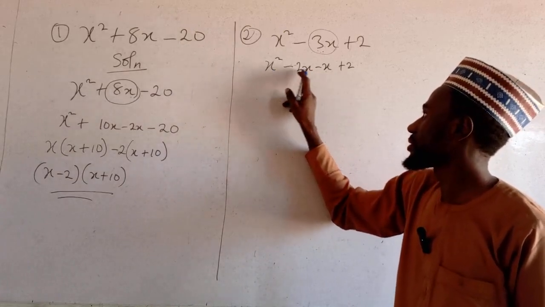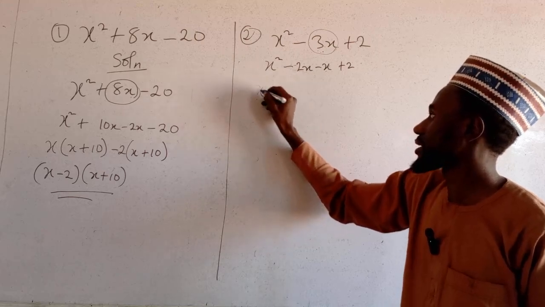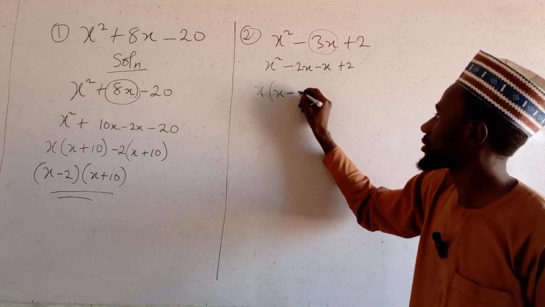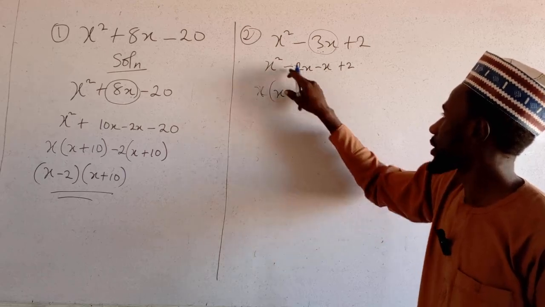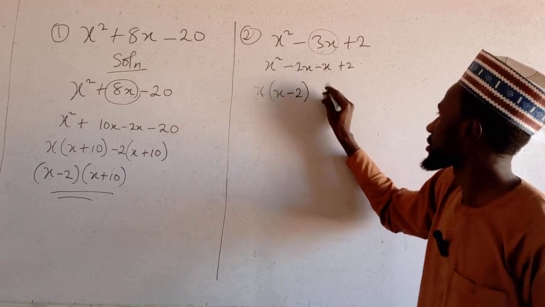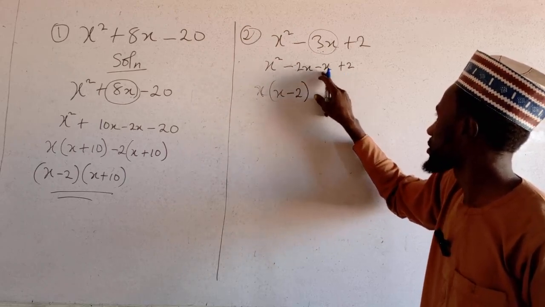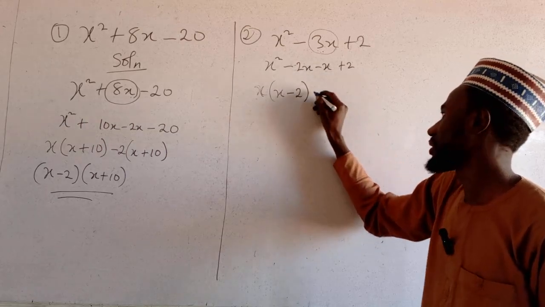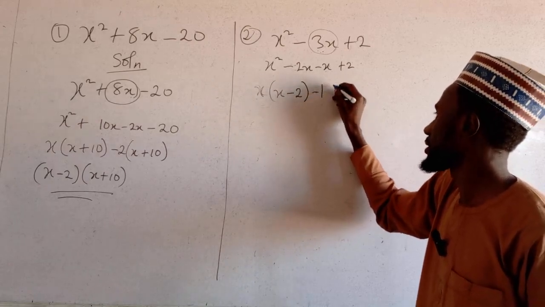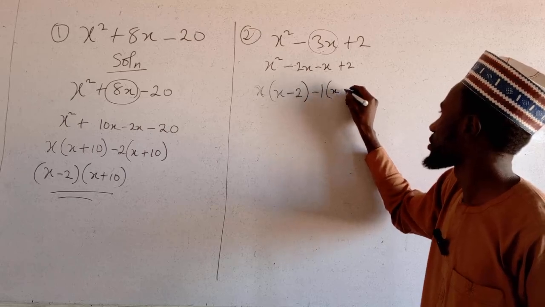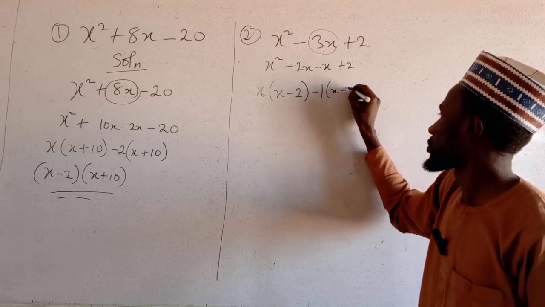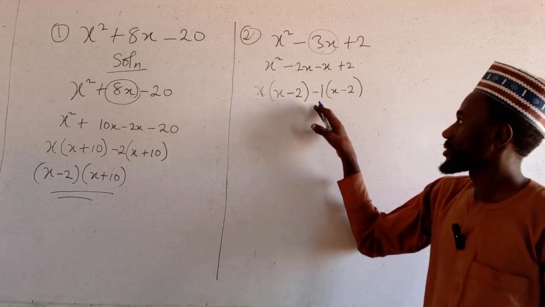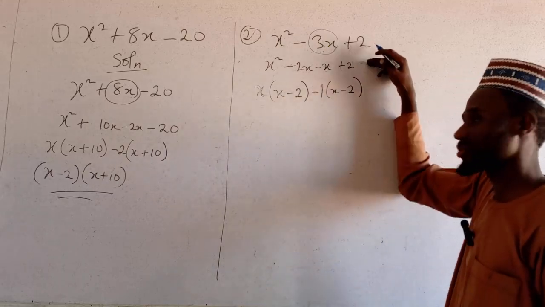Therefore, we have x here, we have x here. We put x outside the bracket. Then we have x inside. What remains here is minus 2. Then since here is x, we have x here, we have 2 here. We don't have a number here, except 1. Therefore, we have to put 1 outside the bracket. We put x minus 2 here. Don't forget when factorizing, make sure that if you remove the bracket,